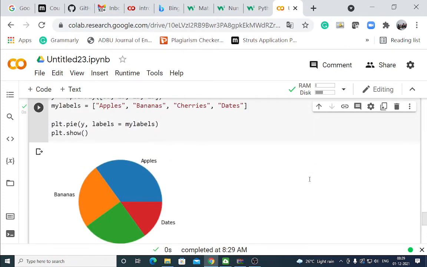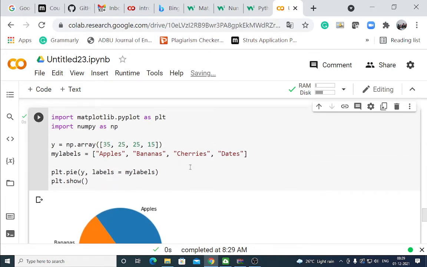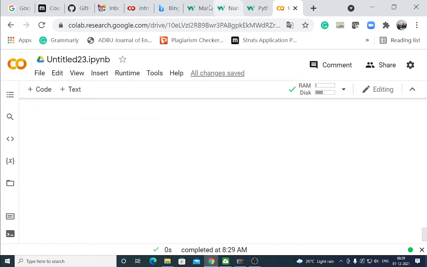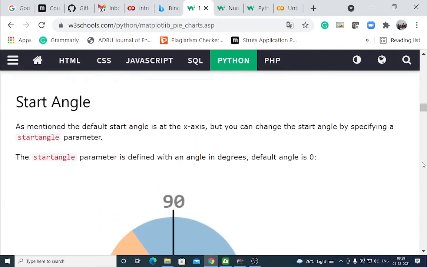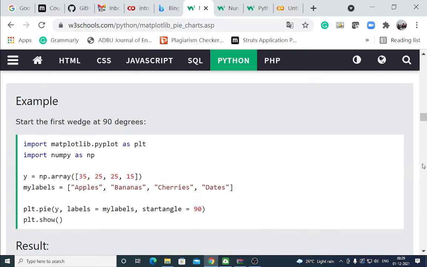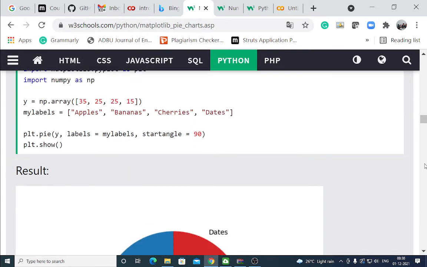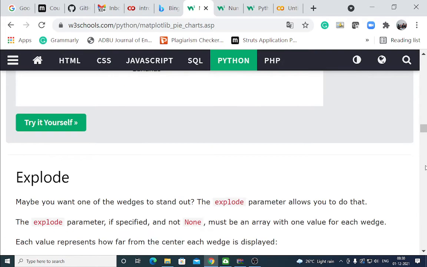It will show a pie graph with labels: apples, bananas, cherries and dates. Okay, then as per the requirement we can do anything.